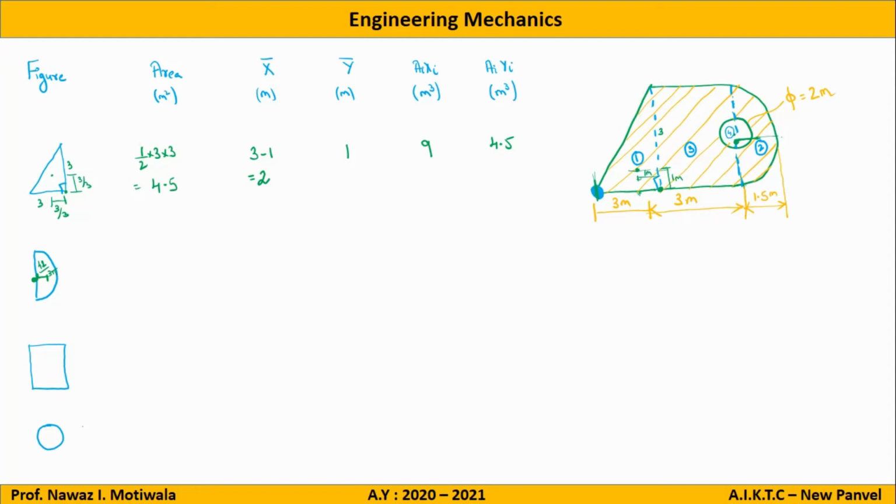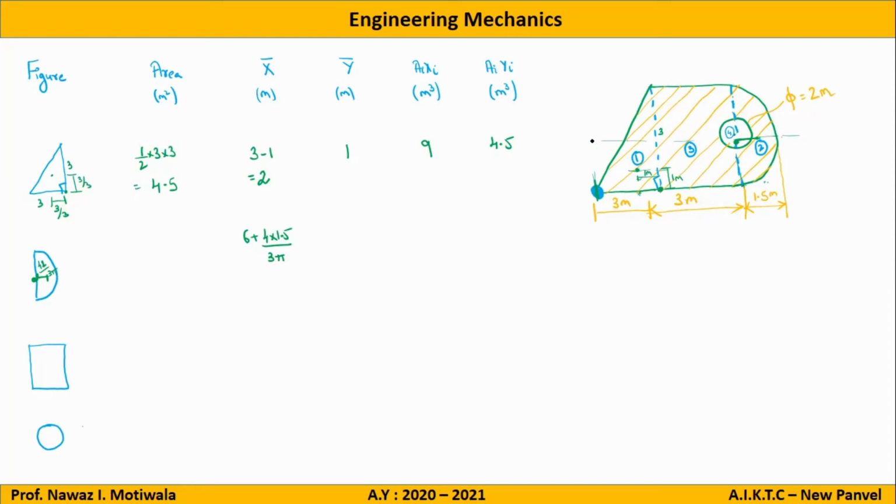Look here, from here to here the distance is 3. I walked 3 up to here, then walked another 3 back, so it becomes 6, and from here to here we know that it is 4r by 3 pi. So the total distance x will be 6 plus 4 into r divided by 3 pi. And what about y? I have to come from here to here.